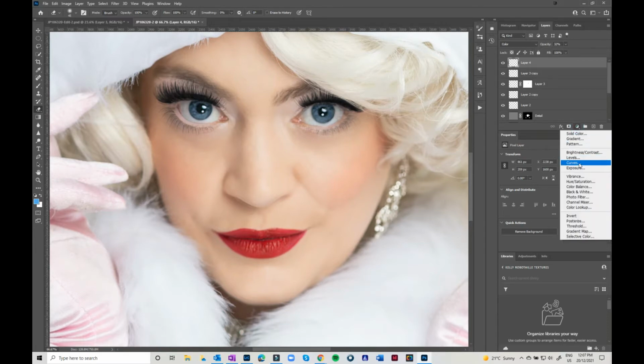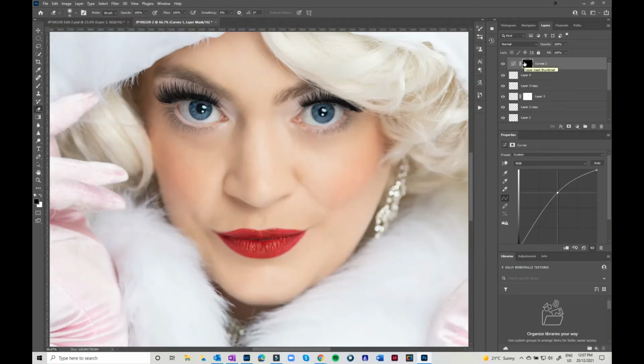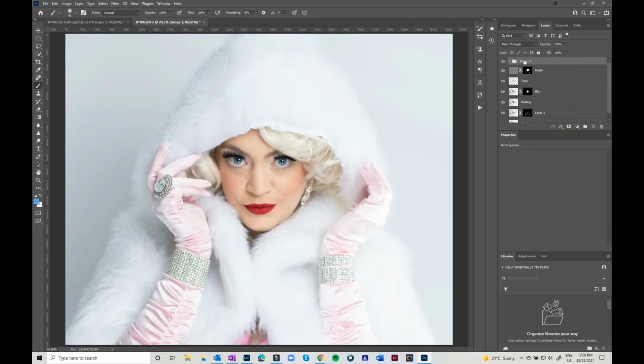Now what I want to do is add another curves layer, and I'm going to make it quite bright and invert that, then come along with the white brush, and I'm just going to pop the highlights in just around the bottom of the eyes and that catch light. Now if you zoom out, I find if I drop the opacity all the way down and then slowly increase it until it looks natural. Sometimes if you have it all the way at 100%, it just looks a little bit zombie eyes. So I can now grab all of that and put that in a folder and call that